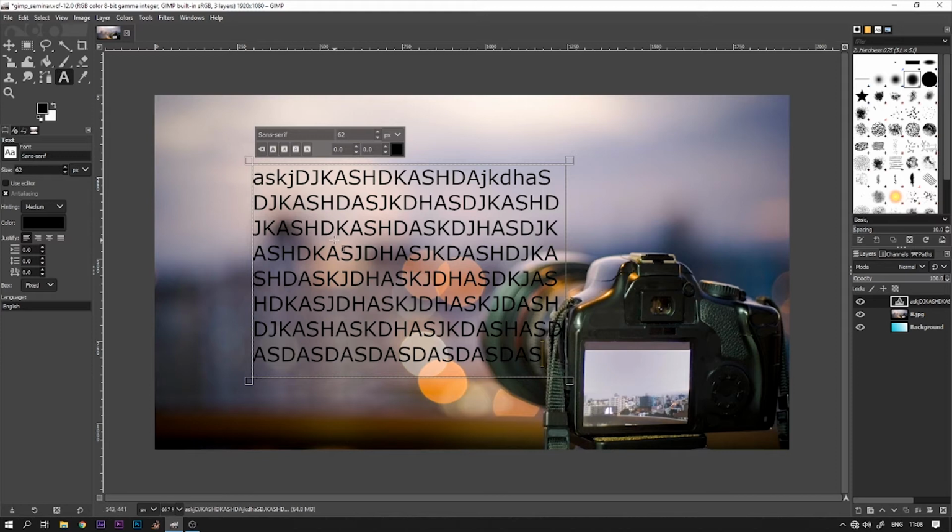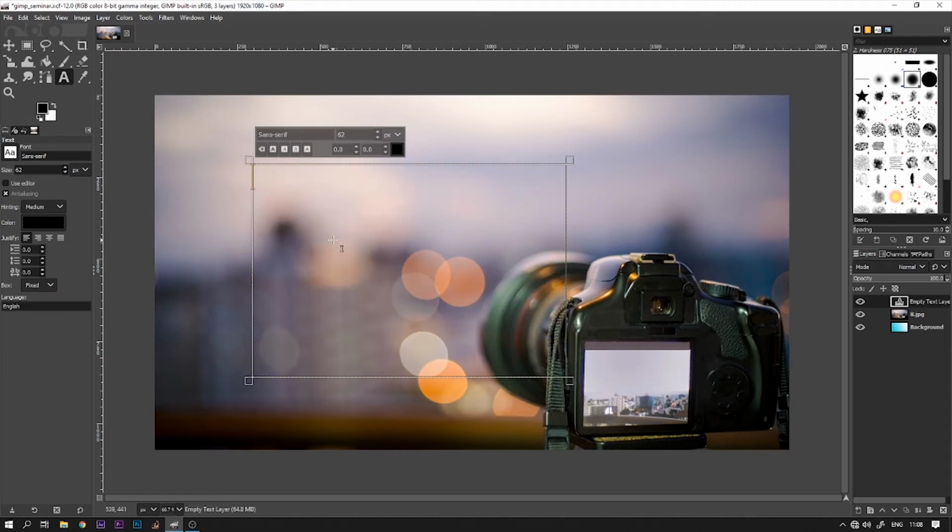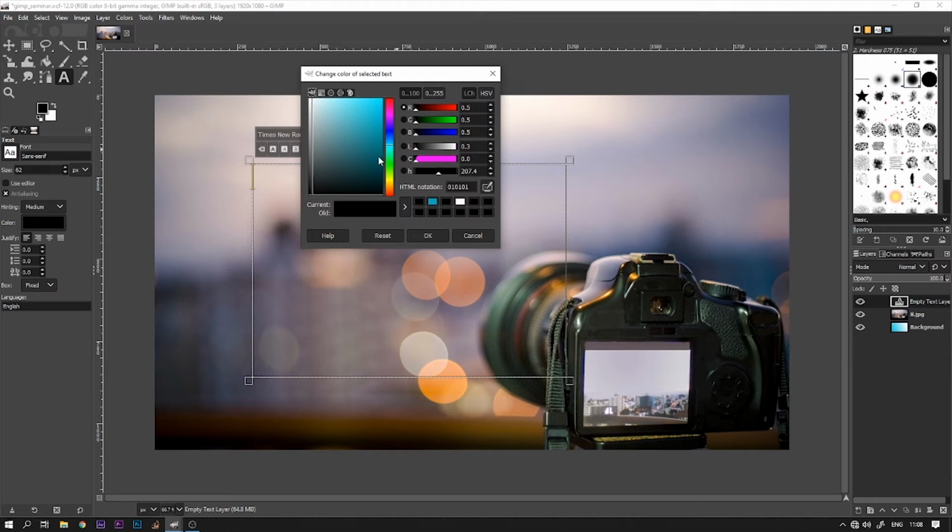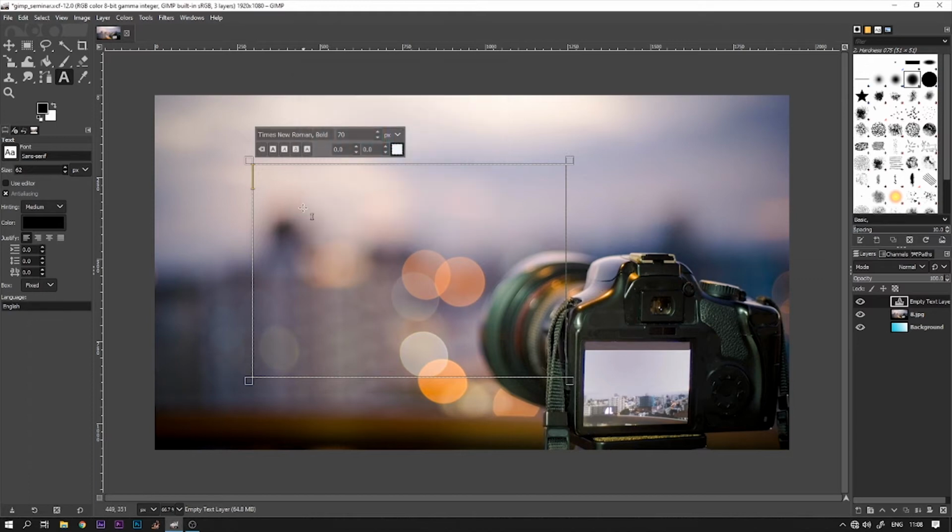Now, to change the font style and color, let me first delete this and change the font to Times New Roman and the size to 70 and the color to white. Click OK, and then